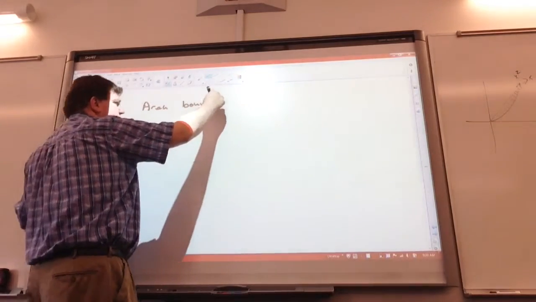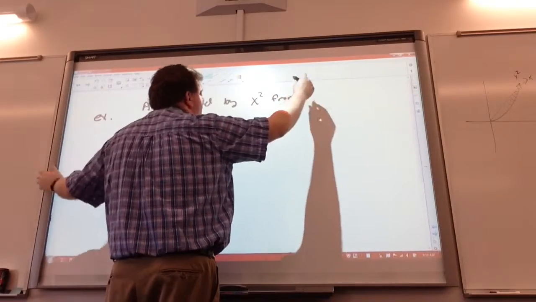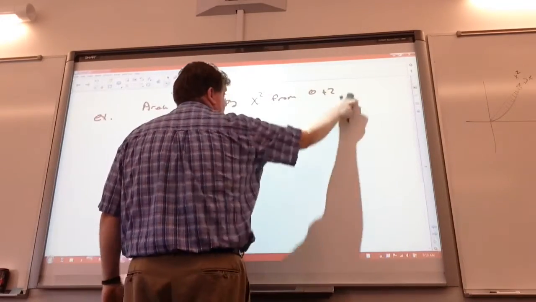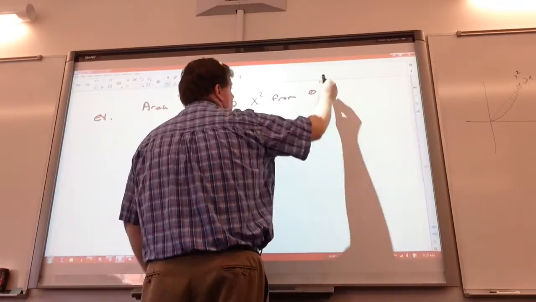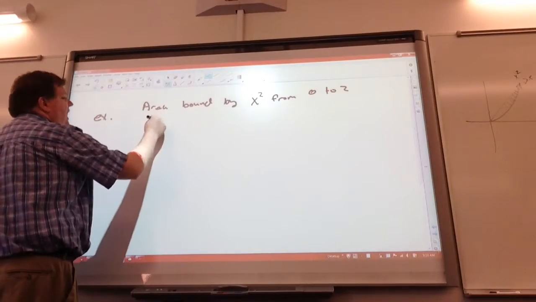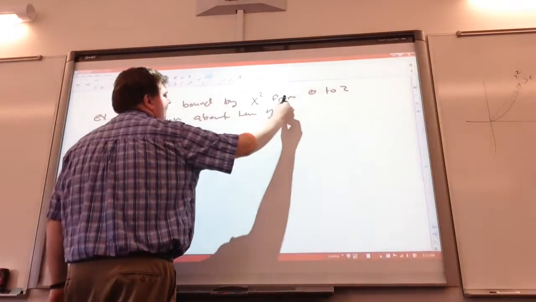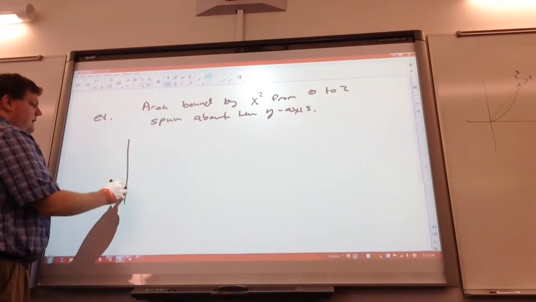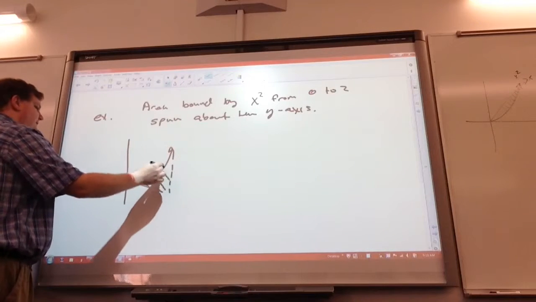bound by x squared from 0 to 2, excuse me. Bound by x squared from 0 to 2, spun about the y-axis. Okay? So in this particular problem here, the area underneath x squared from 0 to 2 is that zone